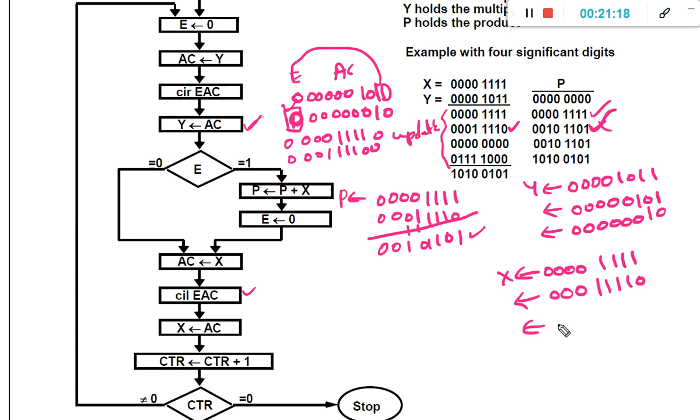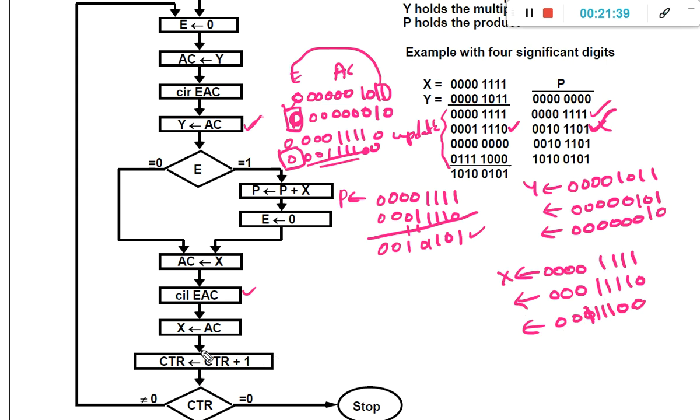After the second iteration, the x value will be, no, two zeros, so this is the expansion bit. This is only the x value: 0 0 1 1 1 1 0 0. This is the present x value after the second iteration.